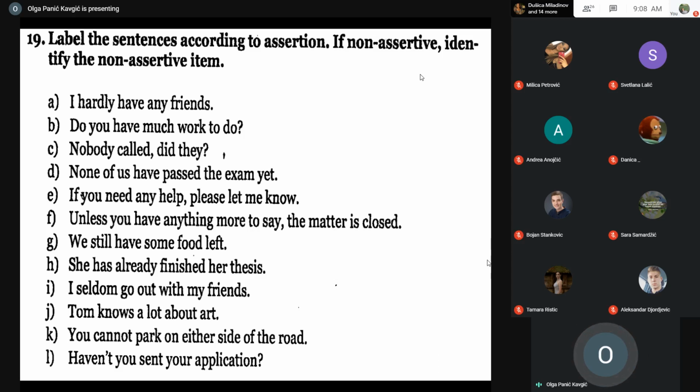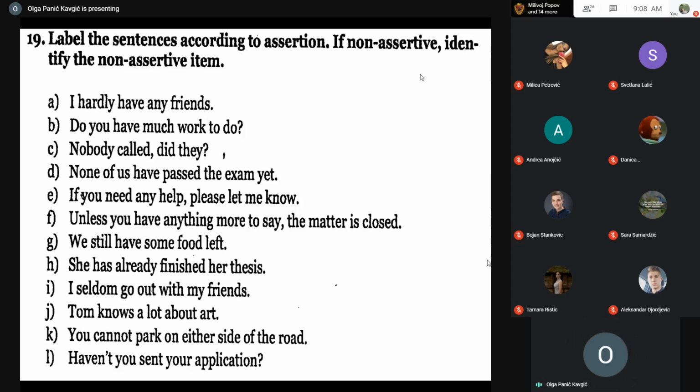Okay, so in a way, these are indicators of either assertion or non-assertion. It's just interesting to see that you don't have to have indicators of assertion. Sometimes it's quite clear that something is a positive declarative sentence. On the other hand, with non-assertive contexts, there must be clear indicators of non-assertion in order for you to be able to recognize that it's a non-assertive context. So something either has to be a question, or it has to be negated, or it has to contain one of these elements.